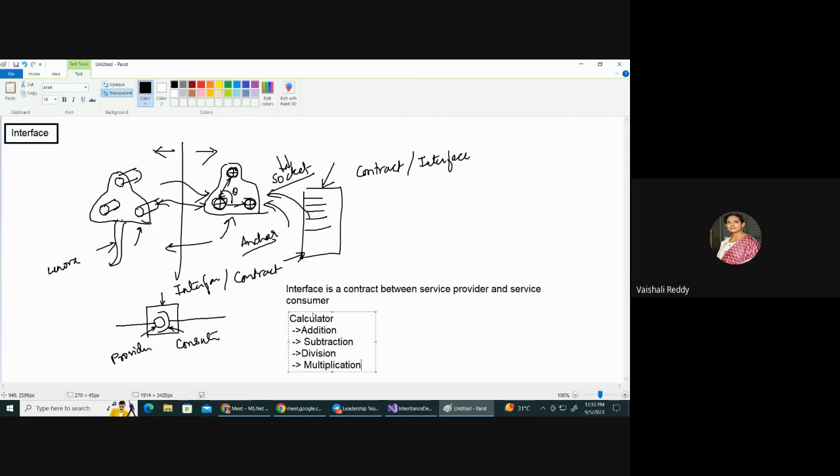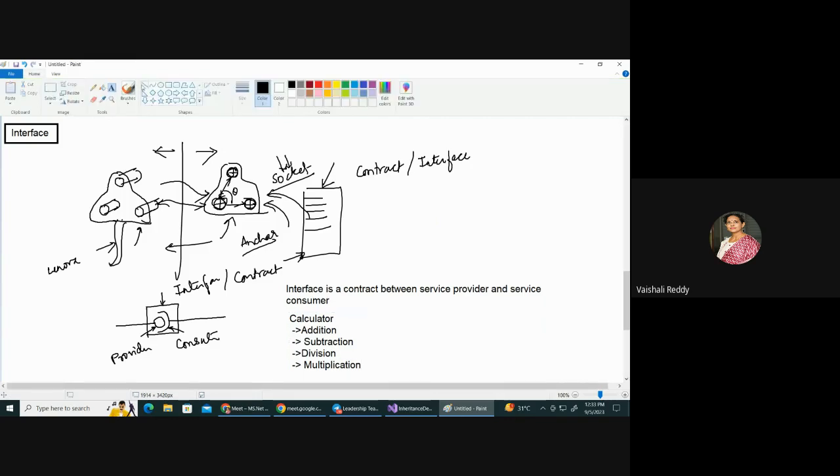Let's say I go to the shop and I want to buy a calculator and the shopkeeper is saying, madam, this is the latest calculator where you can do a lot of things. It also has a camera. It can glow, light torch facility is also there. So many features he is providing me. And he says this calculator has addition, subtraction and multiplication. It is not having division. Will that work? No. So I say, brother, I don't need the camera, I don't need the torch, but at least it should have all